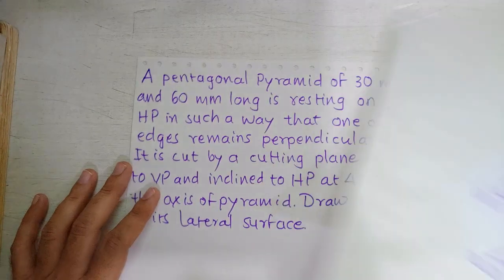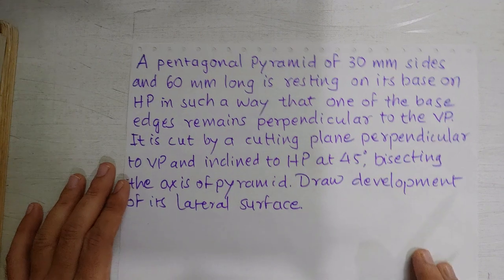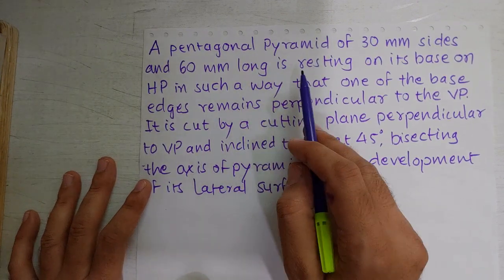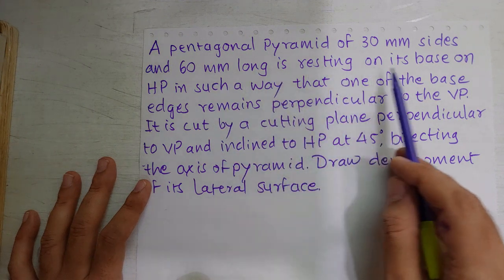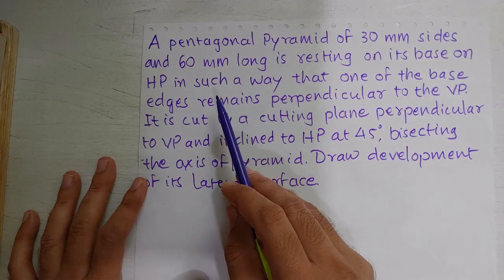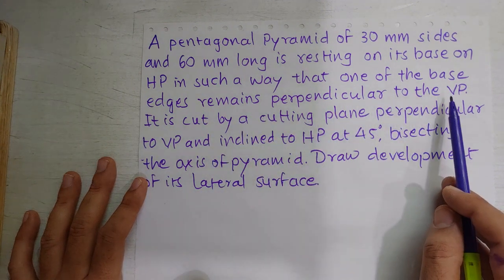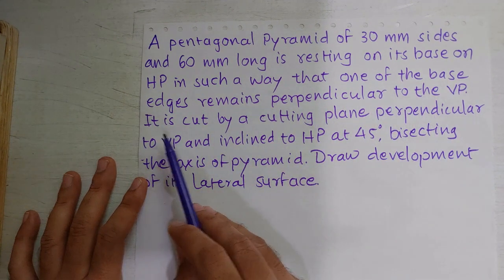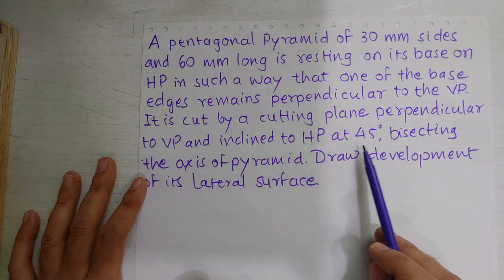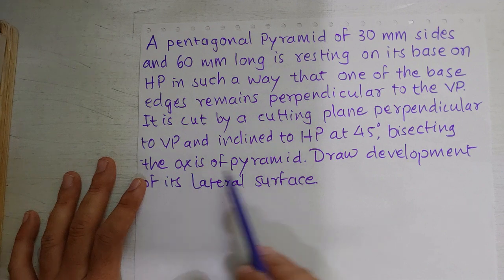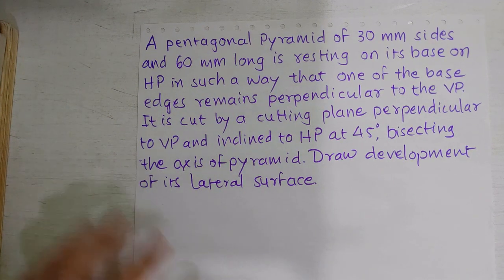Now let's go to the problem which we are going to solve. So this is the problem. It says a pentagonal pyramid of 30 mm sides and 60 mm long is resting on its base on HP in such a way that one of the base edges remains perpendicular to VP. It is cut by a cutting plane perpendicular to VP and inclined to HP at 45 degrees, bisecting the axis of the pyramid. We'll first draw the front view and top view of the pyramid,